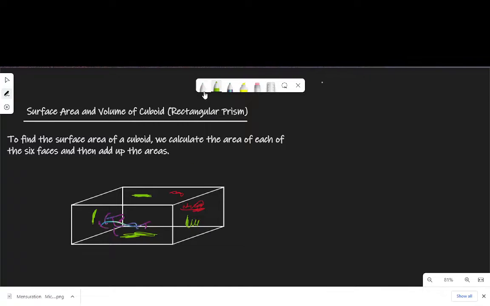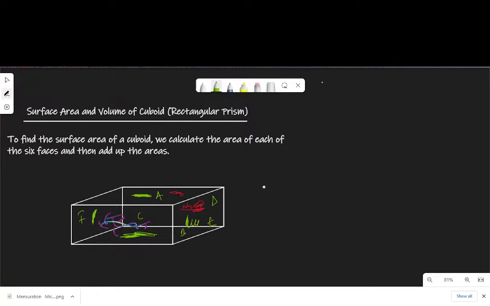By the time you calculate all of the 6 faces, of course the faces are rectangles. So area of this rectangle here, let me call it A. Area of the rectangle down, let me call it B. The one in front here, let me call it C. The one behind, let me call it D. The one by the side here, let me call it E. And the one here, let me call it F. When we calculate all the areas and add them together, that will give us the surface area of the cuboid